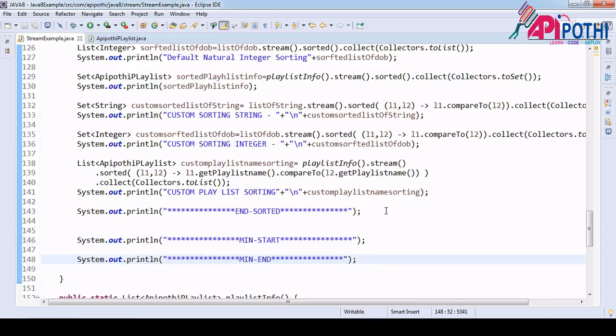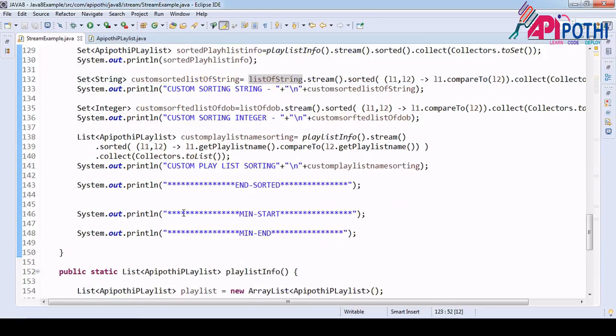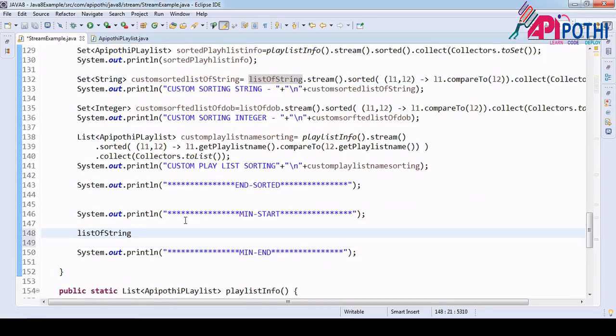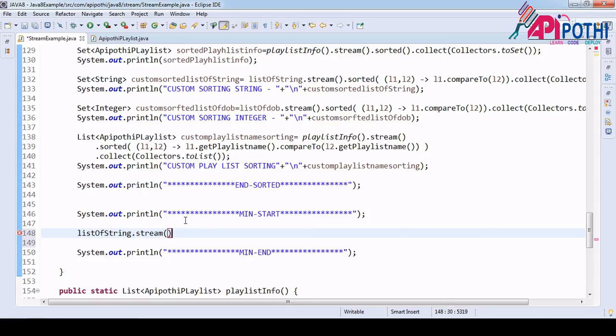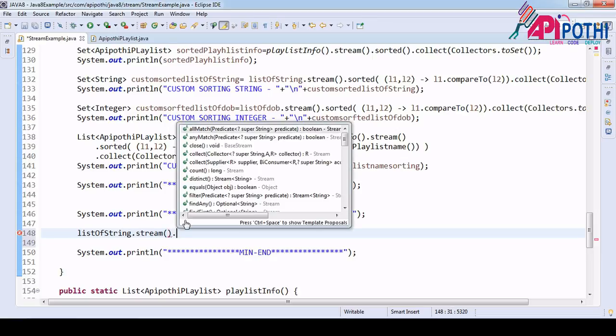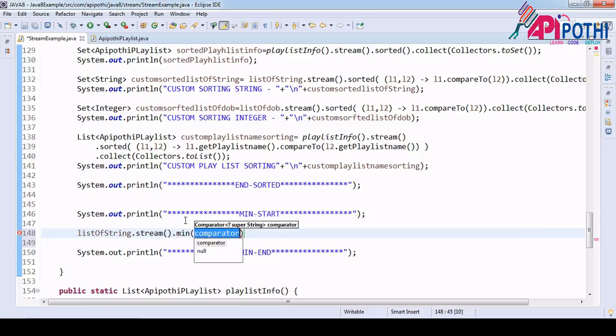Okay, so how we are going to do it is the same. We are going to first take the object. So here is the list of string, same, dot, I want this into the stream. Whatever we are doing, first we pass into the stream only, then we decide what to do. Once we have decided, then we do the operation. So first we need to pass inside the stream, and then do the operation. So with this stream only, right? Here again we are going to pass the comparator only, right?